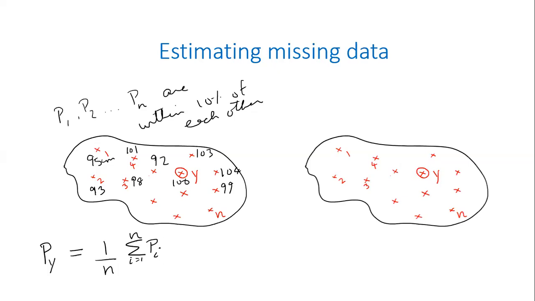I'm not saying it will be... see, realize this. There is information that's missing. There's nothing you can do to get back this information. The only thing you can do is use some approximate method. This is one simple approximate method, the simplest way of doing this, right? It will usually never happen, but I'm just telling you that if all the other locations are within 10% of each other, then you can take this simple approach of computing the mean, or estimating the missing data. So this is what you do if they are within 10% of each other.